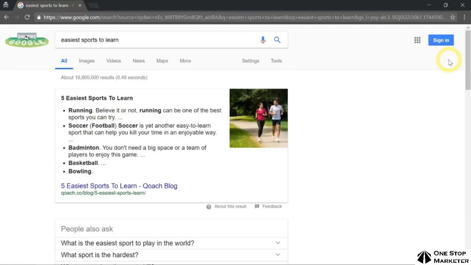There are a few aspects that we need to learn in order for us to optimize our images for SEO. Let's take, for example, this keyword here, easiest sports to learn. And you see that my blog actually ranked the first, right over here. Now, if I were to view this article,